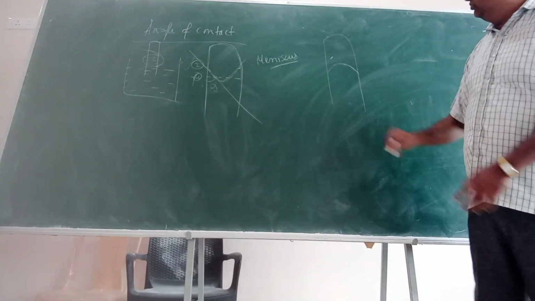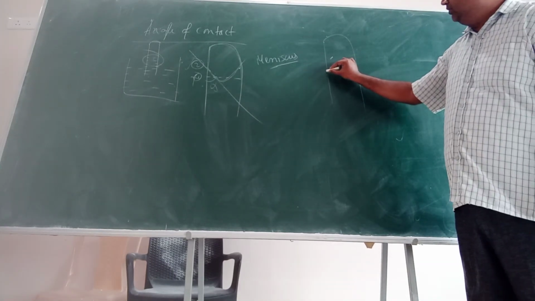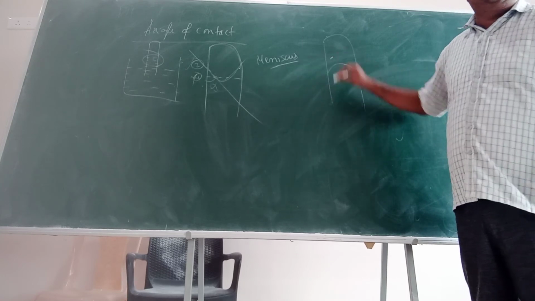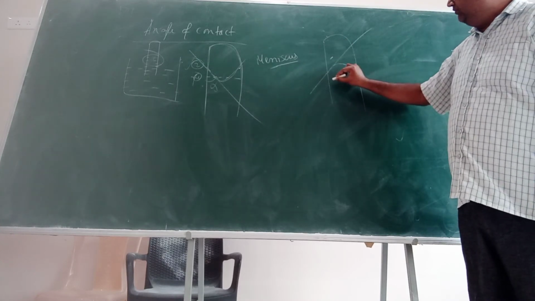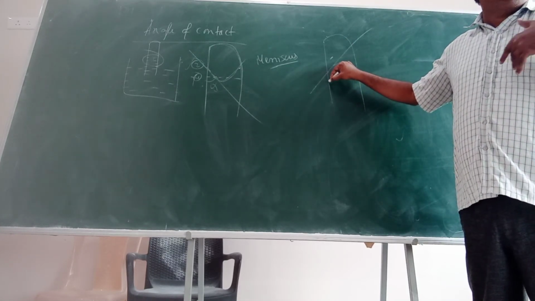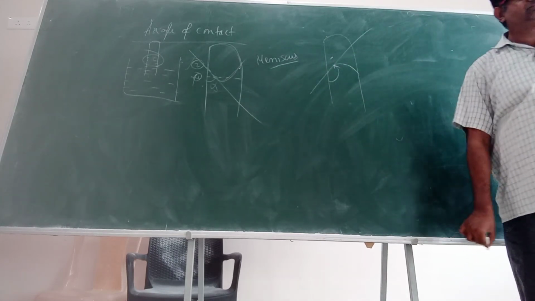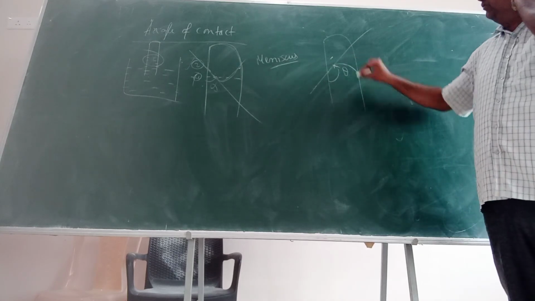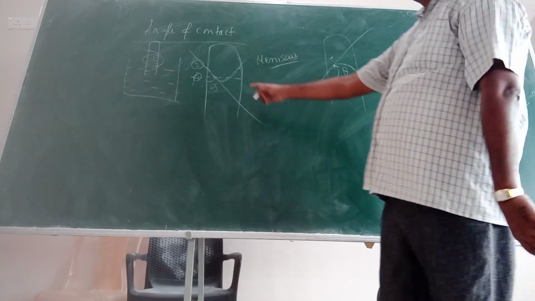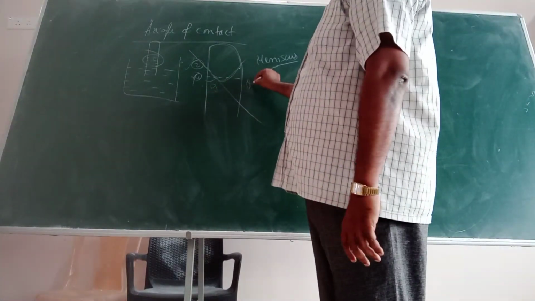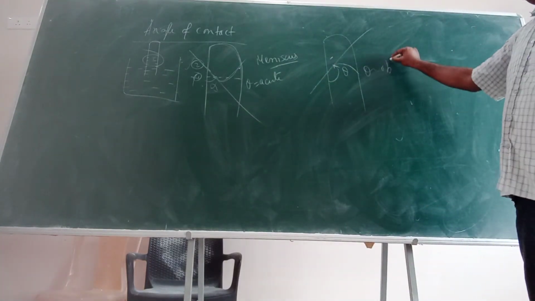Alright. So here also, if I want to know what is the angle of contact, you have to draw a tangent here. There is a curvature here. So draw a tangent. Starting from the solid surface going through the liquid, this is my angle, right? So here the angle of contact is this. Now in the places where this type of meniscus is seen, theta is an acute angle. Here it is an obtuse angle.